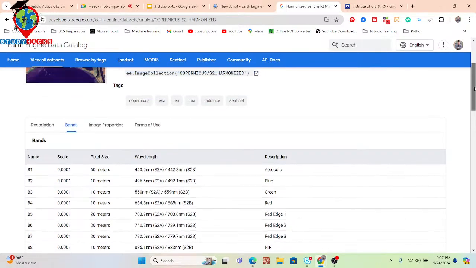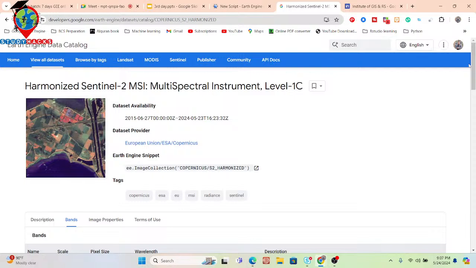Okay, so now I want to use this imagery, and then I want to filter the image collection for a specific time period. Suppose I want to filter the image collection for 2 time periods, dry season and rainy season, or summer season and rainy season. And further I want to monitor the water condition for the 2 time periods, the dry season as well as the rainy season. What is the condition about that? Then we try to find out the change detection between these 2 imagery.